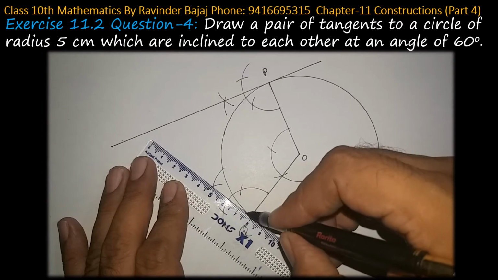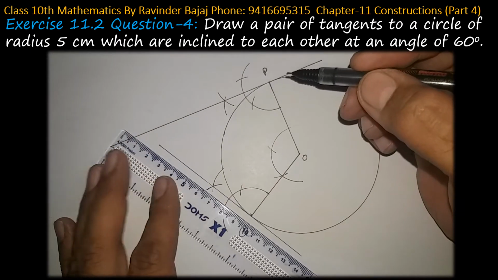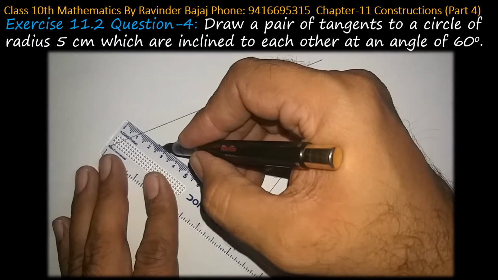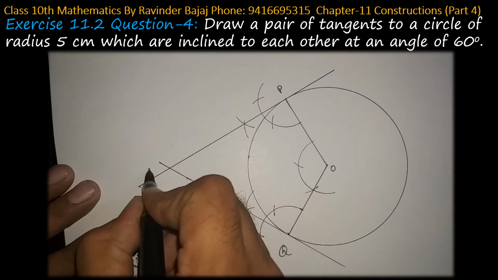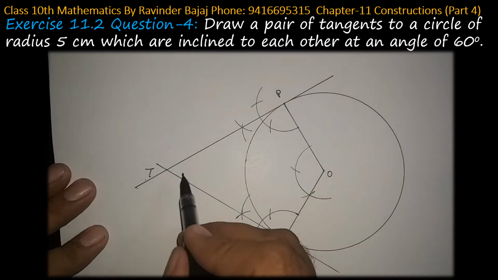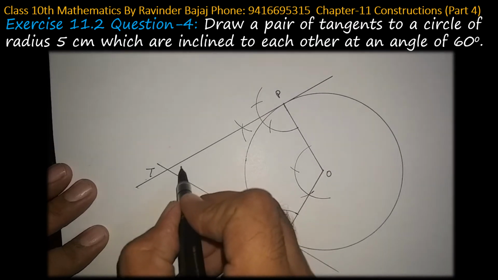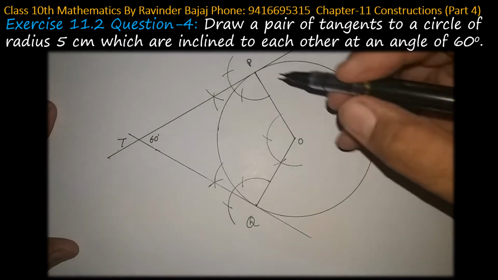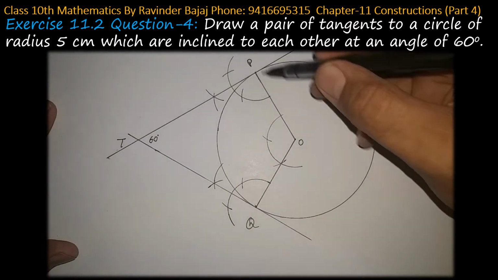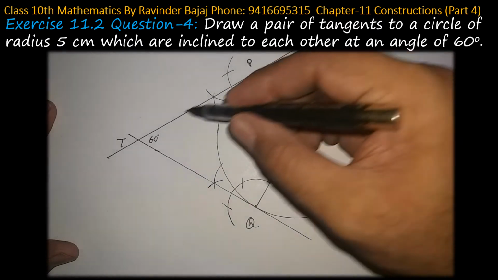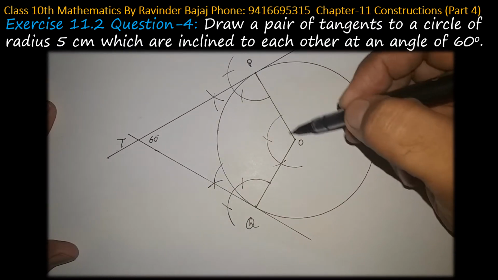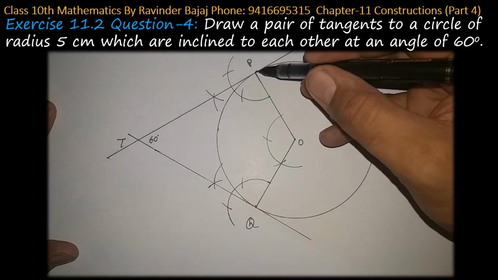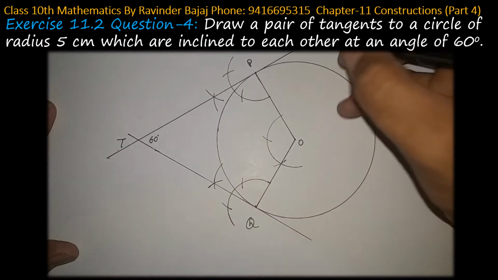This is the second tangent which is going to meet the previous tangent at a point, say T. This point is T. So obviously this angle is automatically 60 degree. In the justification you can say that these two are tangents. How are these two tangents? Because the line making a 90 degree angle at the point of contact with the line from point of contact to center is a tangent. So this is a tangent.